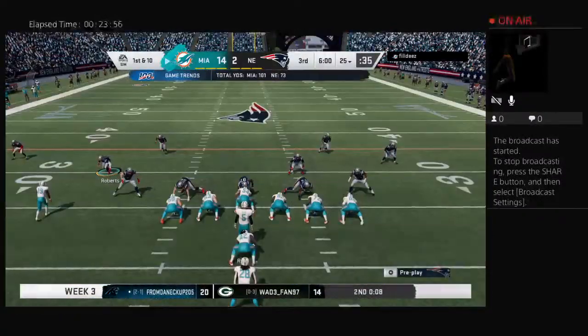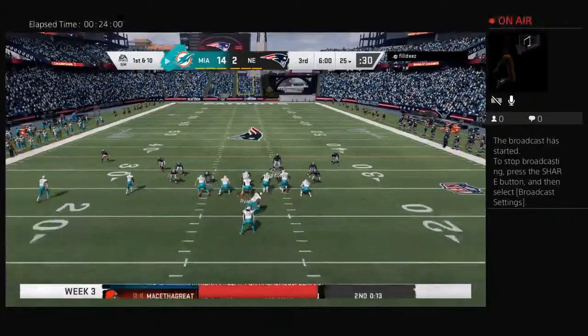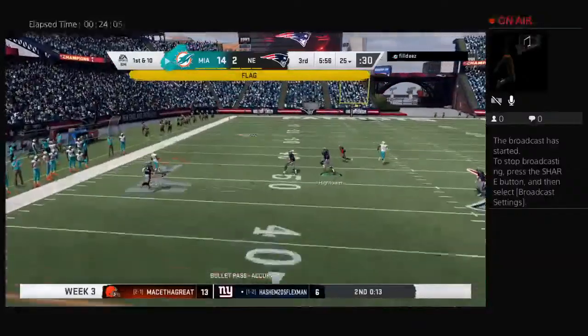The Dolphins at the line ready for their next drive. They built a good first half lead. Now they have a chance to add on to it. And what I'm thinking is that the offensive staff spent the entire halftime just...